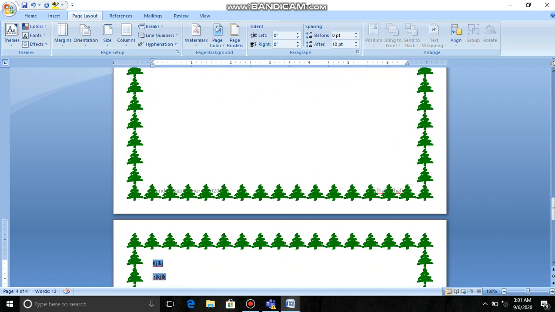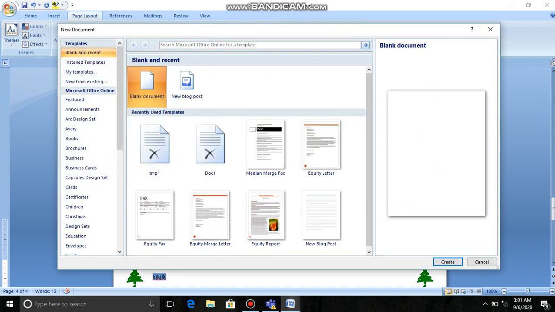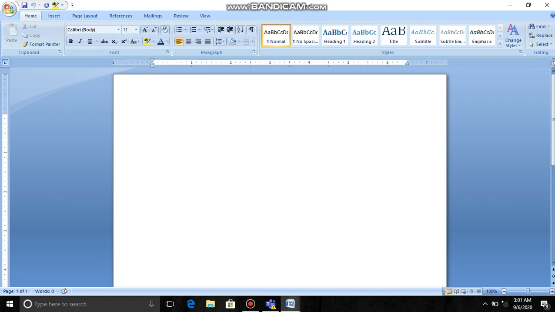After this, I will tell you something about columns. If I want, let's take a new page for it. If I want to divide my document into columns, for the columns I'll give you the example of a newspaper. You have seen the newspaper, the text is not written from the left to the right. The whole text is not in one single line. A number of columns are there in the newspaper. Small columns are made and the text is written in them.